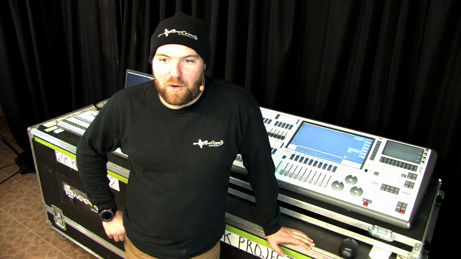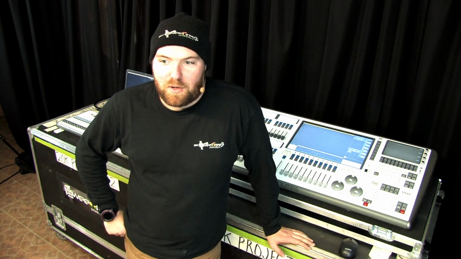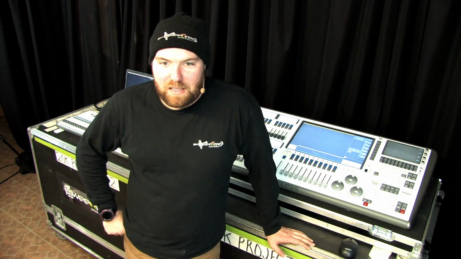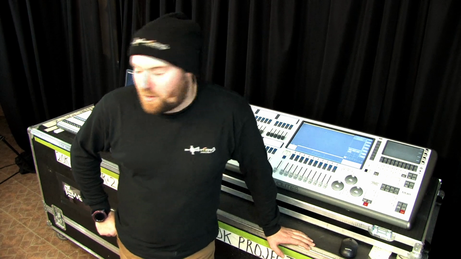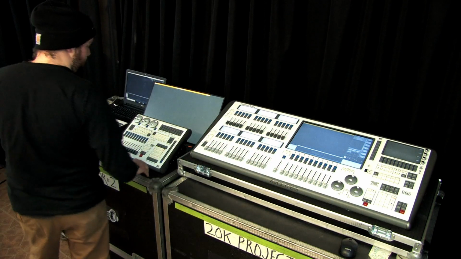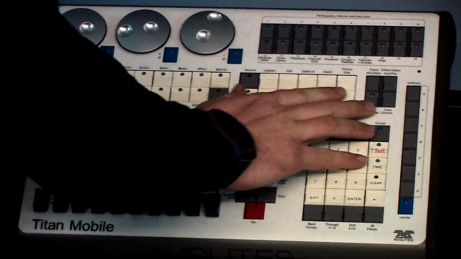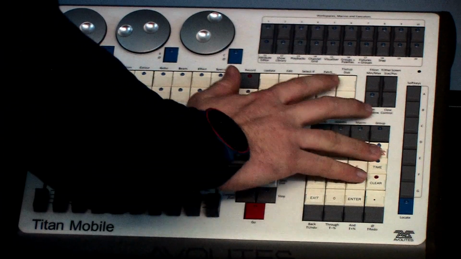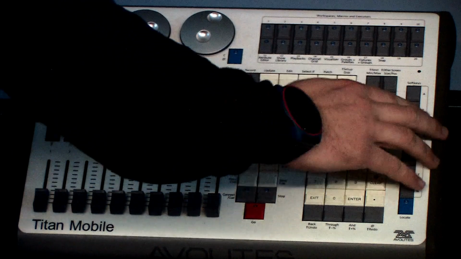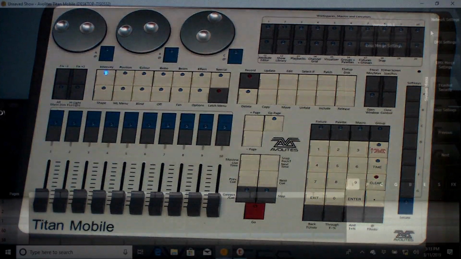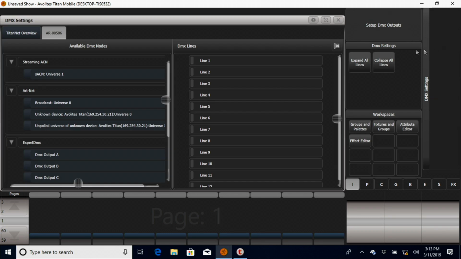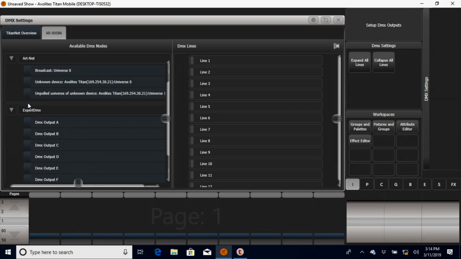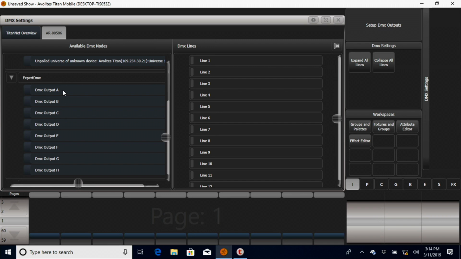We're going to be going over Avolites patching today, from patching DMX hardlines to actual addressing of fixtures. So on your console over here, on our Titan Mobile, we'll hold down the Avo button and go to Setup, and then on the computer we'll go on to DMX settings, and you'll scroll down to Expert DMX, and we're